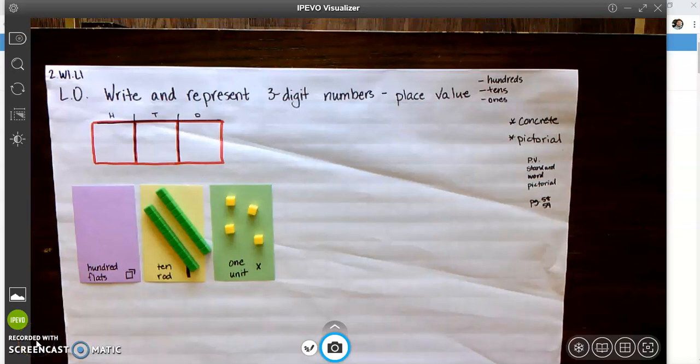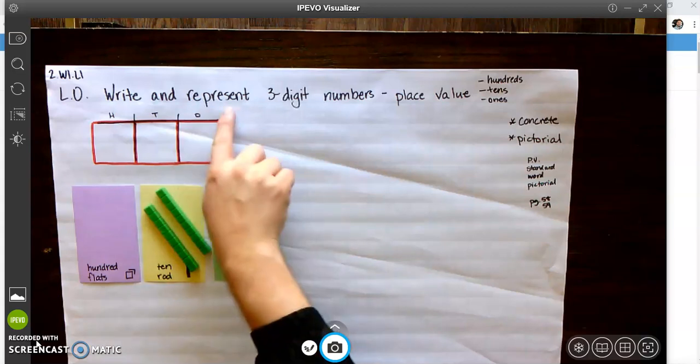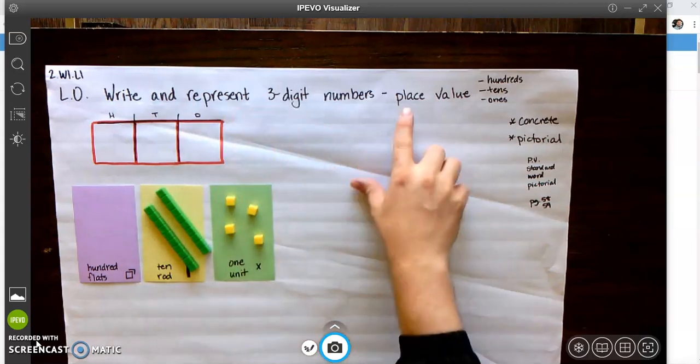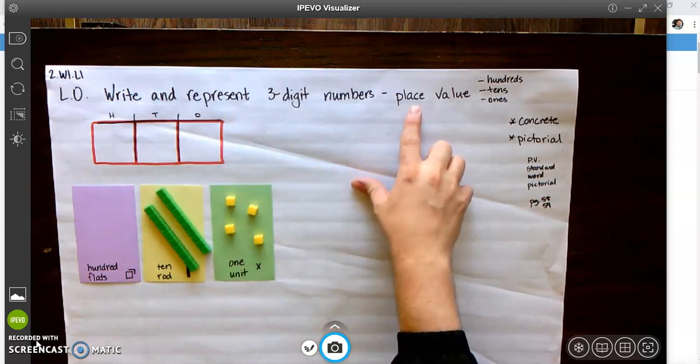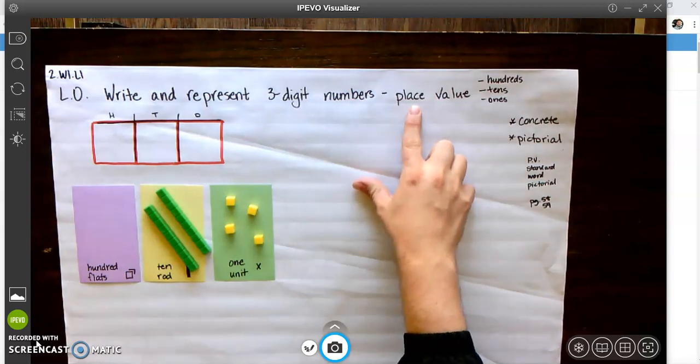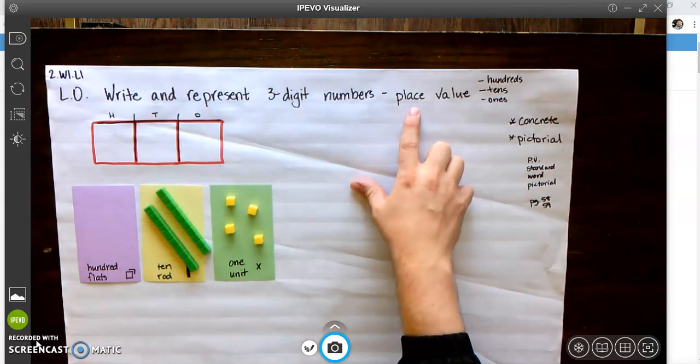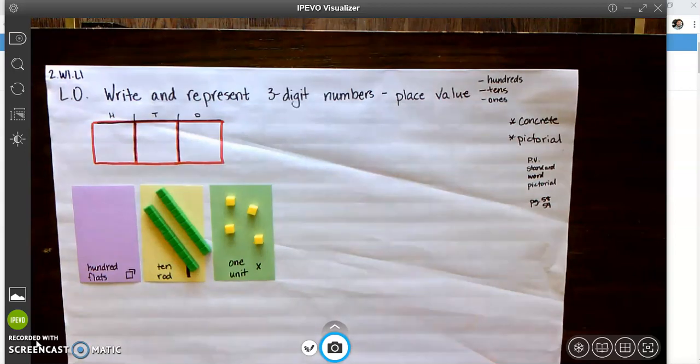Good morning, class. Today in second grade, we're going to be working on writing and representing three-digit numbers, and we're going to be focusing in on the place value. We'll also talk a little bit about how to make different models and representations of those numbers. First things first, what I want you to do is, when I say go, you're going to pause this video